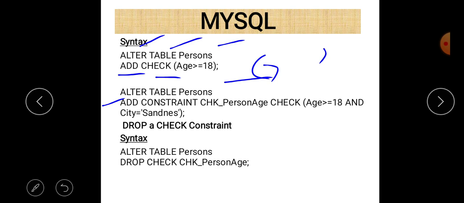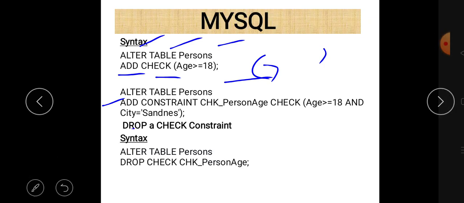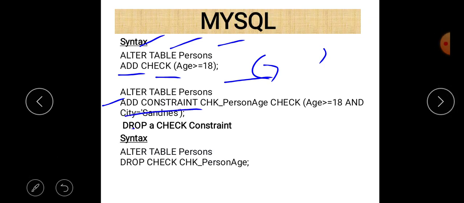You can also give the name of the constraint, so we just write ADD CONSTRAINT and the name of the constraint is CHK_PersonAge, and after that the condition is CHECK. We use the CHECK keyword, and give the condition. Here two conditions are there: Age greater than or equal to 18 and City is Sandnes. So this is basically a check condition.